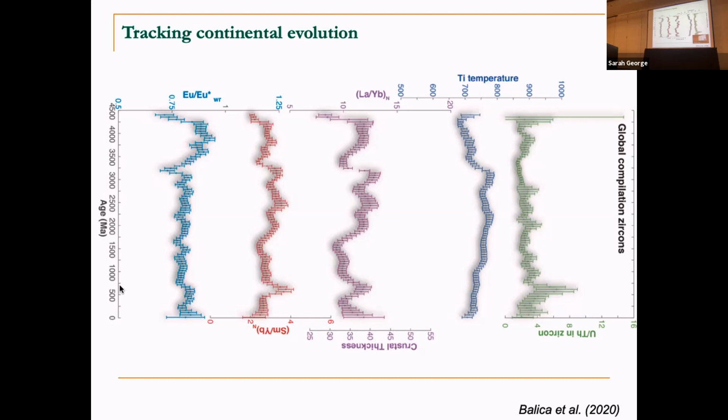And so they do this from 4.4 Ga, when the first zircons show up in the record, all the way to modern. And they use this lanthanum to terbium ratio to basically make an argument about crustal thickness through time. And they claim that crustal thickness, despite all of the crazy processes that have changed over the past 4.5 billion years, actually, the melting depth doesn't vary much through time. It's more or less the same across all of Earth's history. You guys can decide whatever you want about that, but it's an interesting